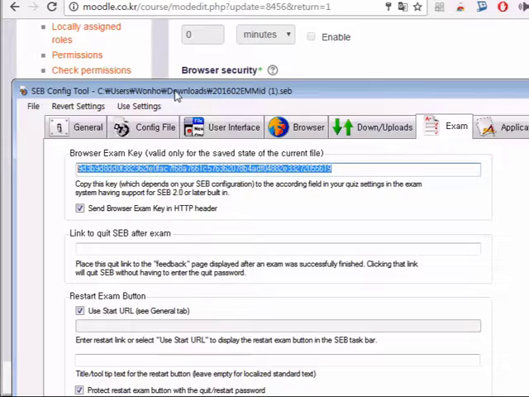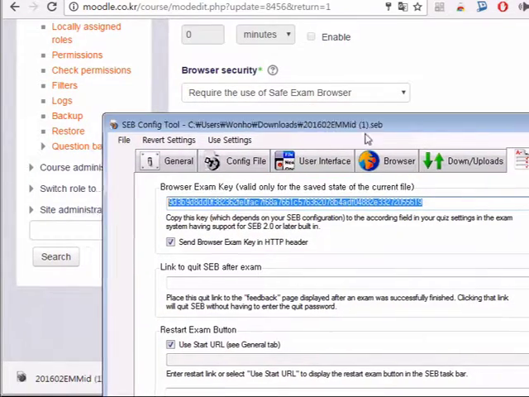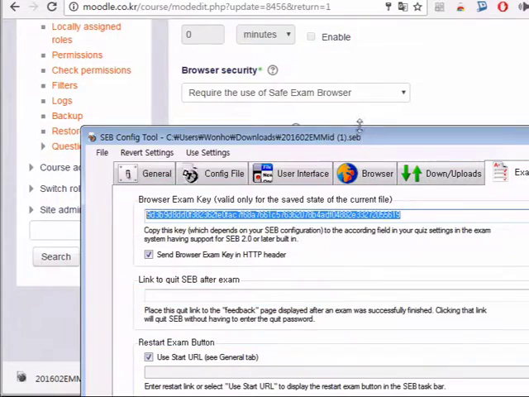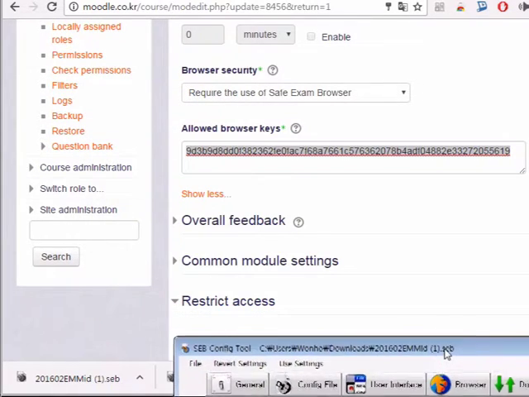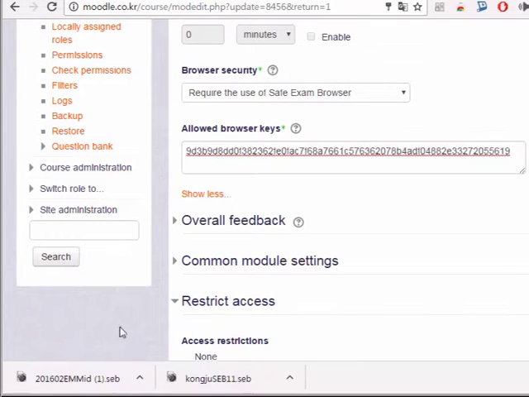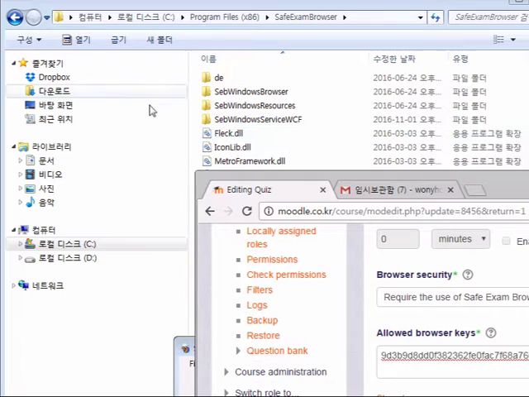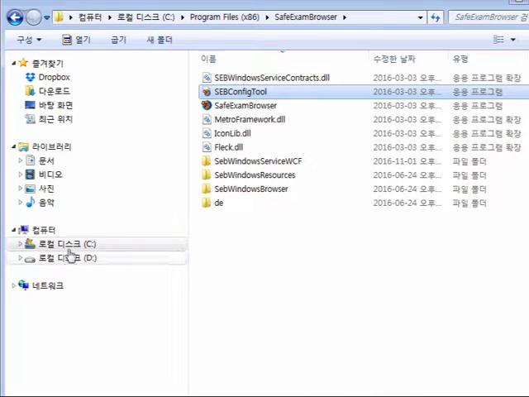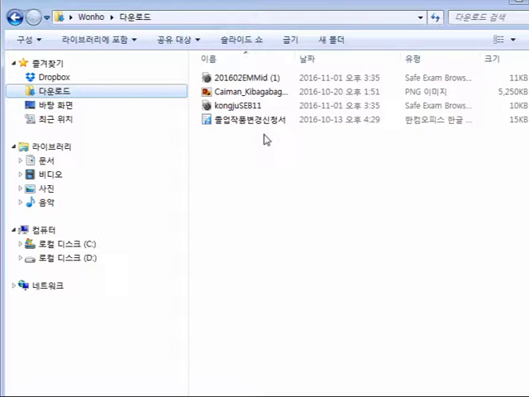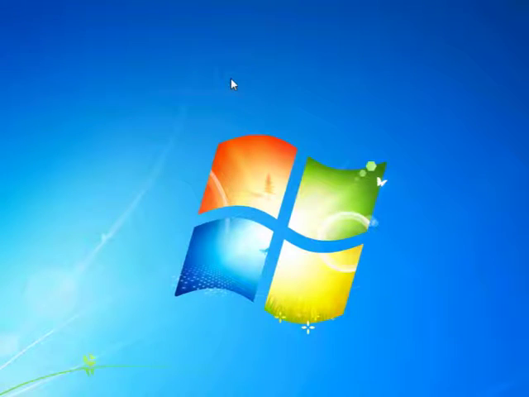So you save this configuration file and provide and distribute this configuration file. The configuration file will be distributed as a file, and it will look something like this. Okay, so students are supposed to click that one,